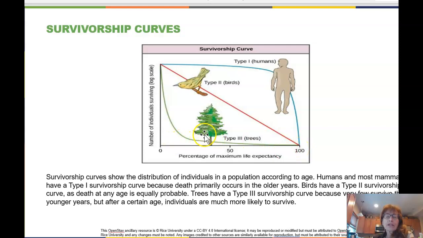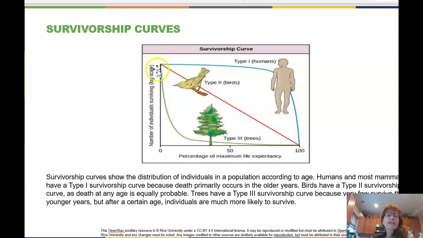Trees, in this case, would be a type 3 survivorship curve, where many of the initial population doesn't survive, but those which do can live very long life expectancies. So that's just a way of looking at it: when does death occur? Does it occur in the early years,